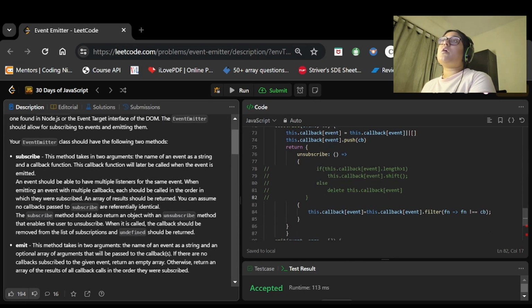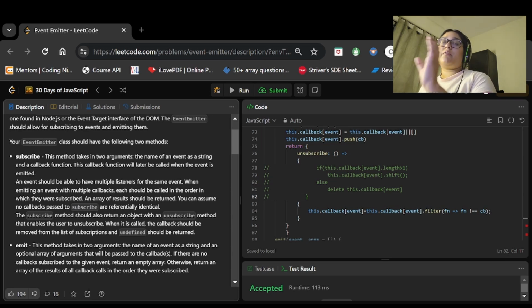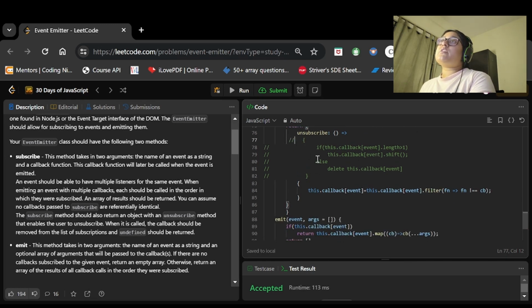Now here we were shifting the value. But the pattern was not defined, that the value will be at either the top or the last. So the error was coming because I was trying to remove only the topmost value, right? So I removed this shift statement.